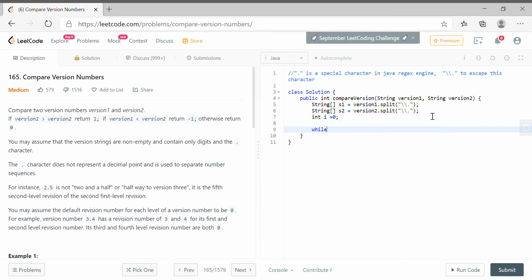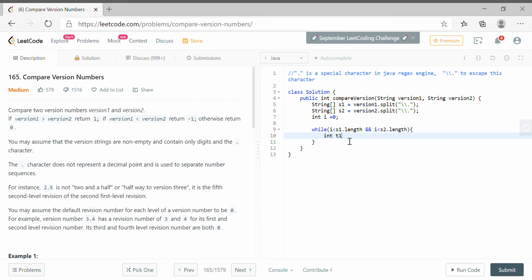While i is less than s1.length and i is less than s2.length, we'll compare. So we are taking a single variable which will iterate over both strings.